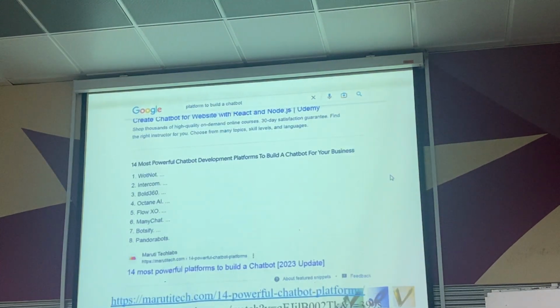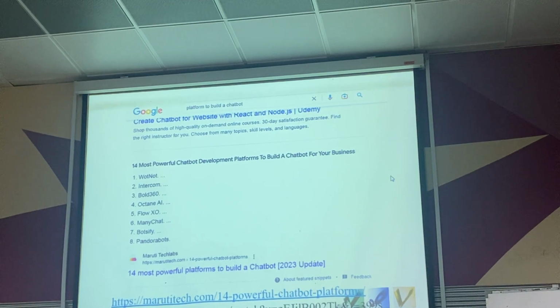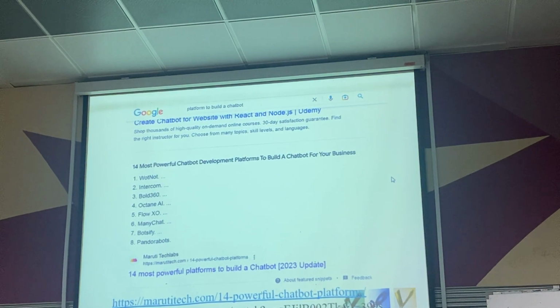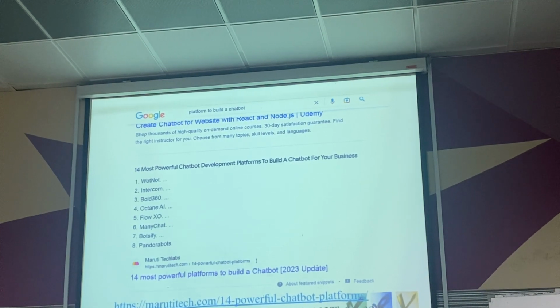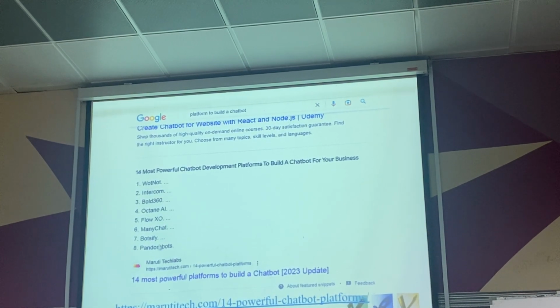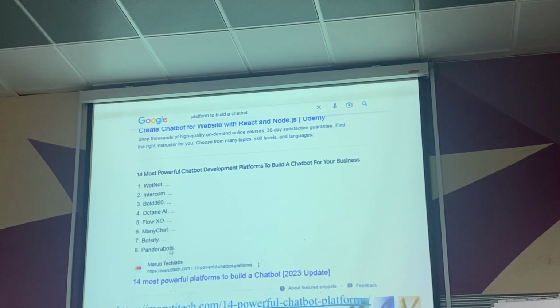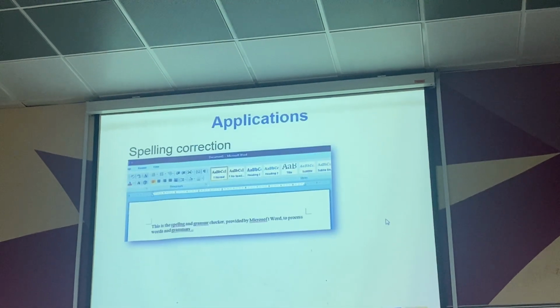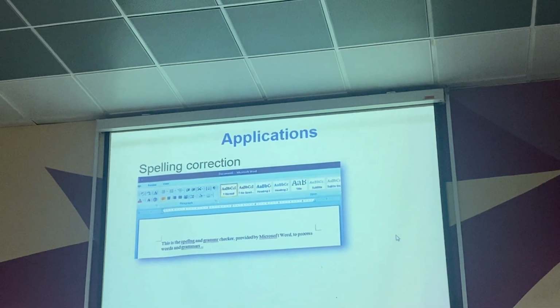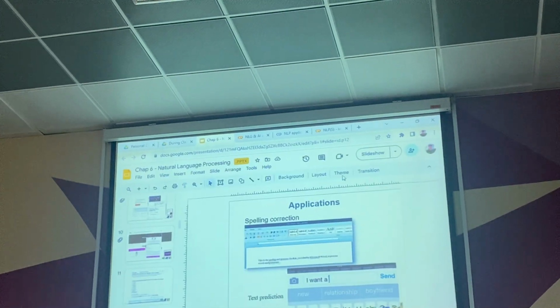Okay, so you would like to build a chatbot. There are many free platforms for you to build a powerful chatbot. For example, Dialogflow or Panda Robots is one of the famous chatbot platforms that you can use. Okay, spelling correction, I think this one you should know. So spelling correction is also